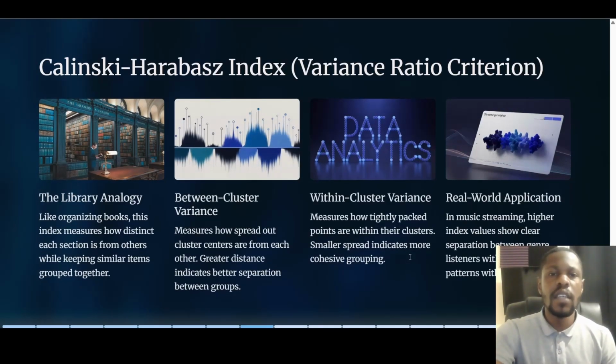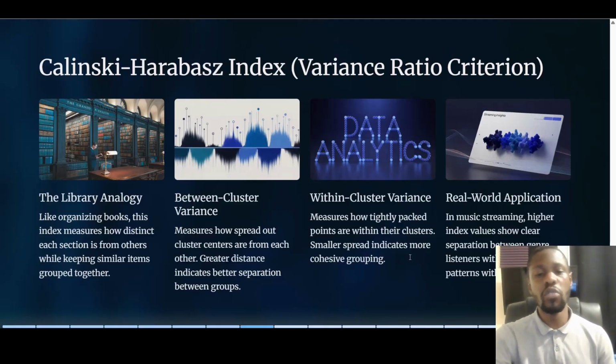So the Calinski-Harabasz index, this is the variance ratio criterion, a different method. So imagine the library analogy. So imagine it's like organizing books. This index measures how distinct each section is from the others while keeping similar items grouped together. And we have what's known as between cluster variance. This measures how spread out cluster centers are from each other. Greater distance indicates better separation between groups. And we have within cluster variance, measures how tightly packed points are within their clusters. Smaller spread